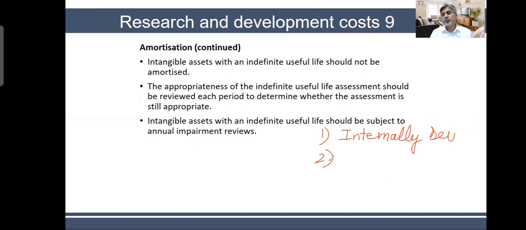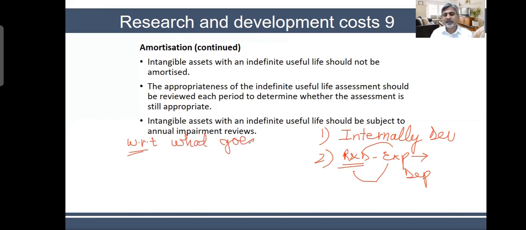Question number 2 would always be or could be about the separation of research and development expenditure. How do you split it? They might ask you as a theoretical question as well, what is the criteria of R&D expenditure? What goes to research and what goes to development? And then you might be required to calculate the depreciation. By the way, they can ask, with respect to the scenario which we just discussed, in simple language,